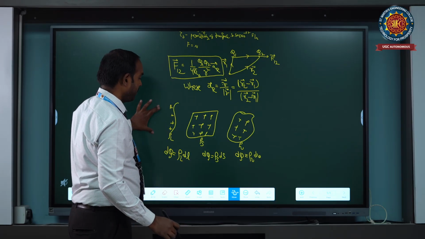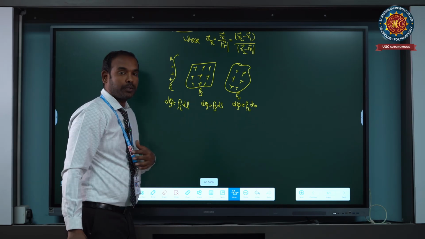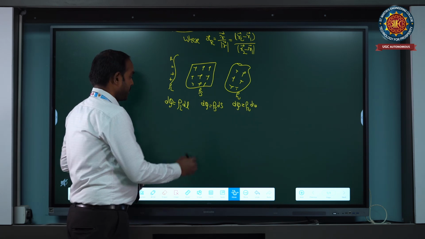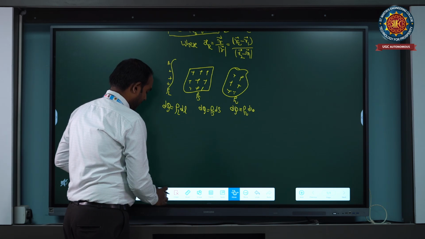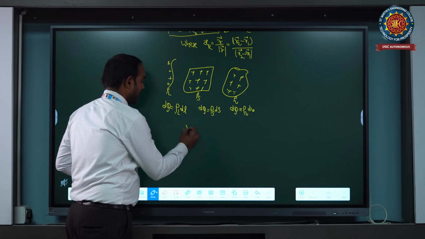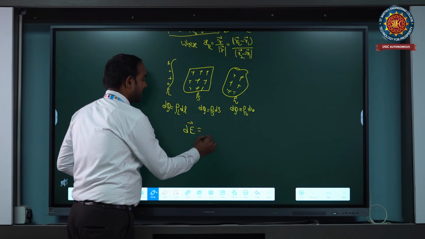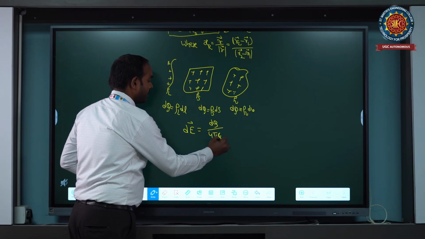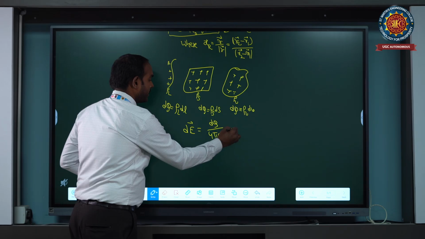In general, we define the electric field due to a continuous charge distribution. We can give a generalized definition: dE vector at any point is given by dq by 4 pi epsilon naught r square AR bar